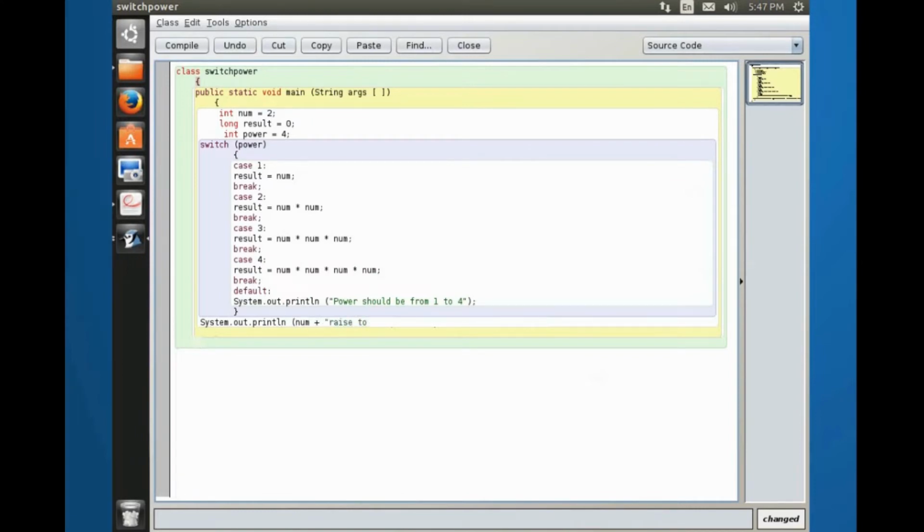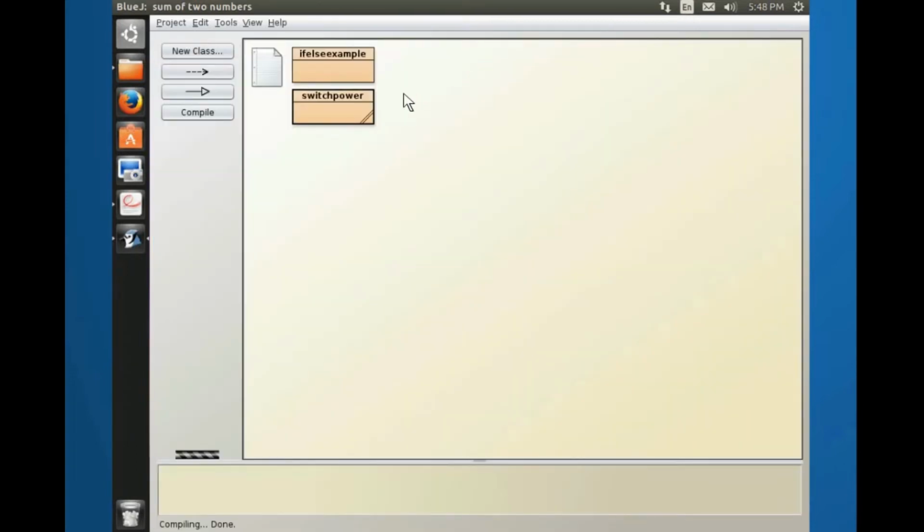System.out.println(num + " raised to the power " + power + " is " + result); The output of the above program will be